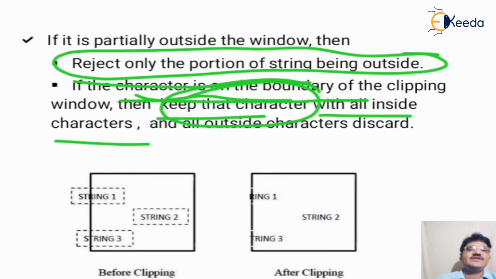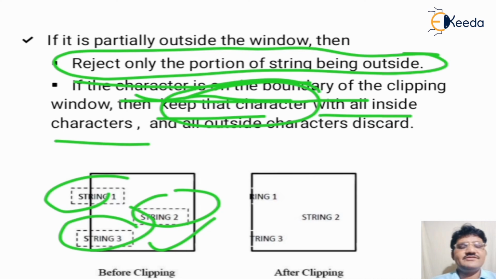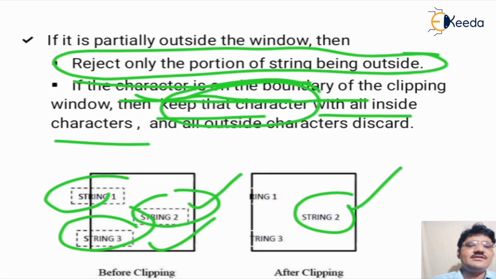We can understand this better by the diagram. This is the clip window, and these are 3 strings which we want to clip by this approach. After applying this approach, string number 2 is completely inside the clip window, so it will be entirely visible.